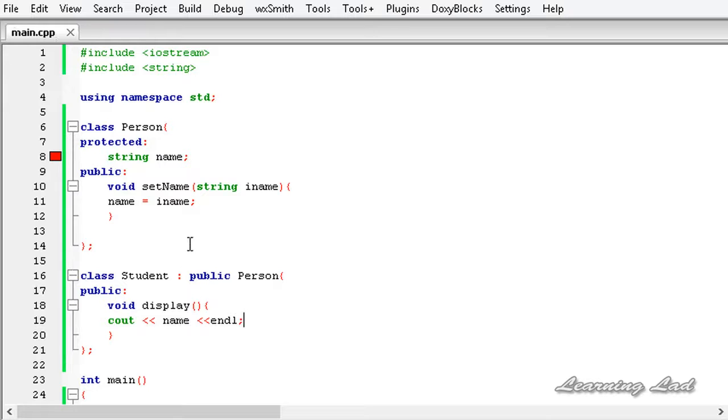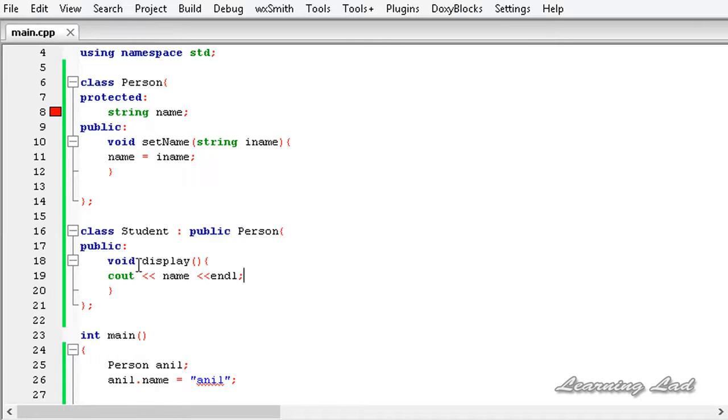All right, now we have a class Student. The Student is a subclass of this class Person, or the Student inherits from Person, and that's why the Student can access the non-private members of the class Person. This name is a protected member, which is non-private, and that's why it can access it.